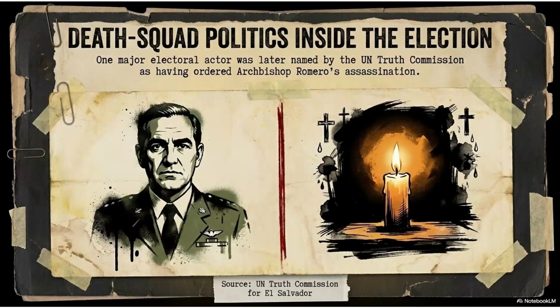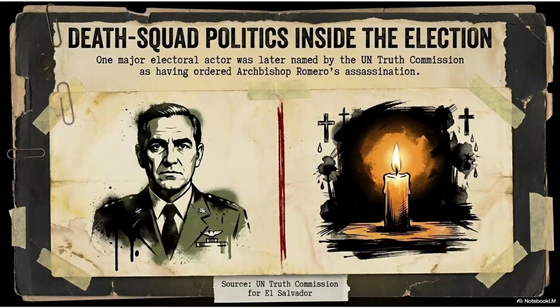On paper, the 1984 elections looked like a contest between Duarte, the Christian Democrat, and D'Aubuisson, the right-wing ARENA candidate. Duarte won with 53.53% of the vote, while D'Aubuisson received 46.41%. That looks competitive, like a democratic choice. But the political field itself was distorted. The far right could participate, the moderate center could participate, but candidates to the left of Duarte were effectively outside the safe electoral field.